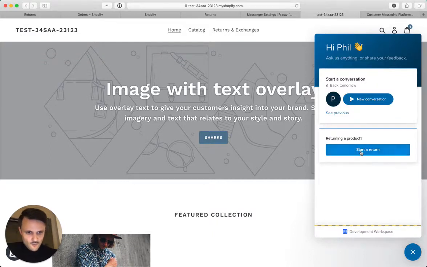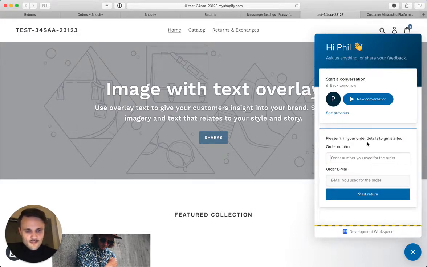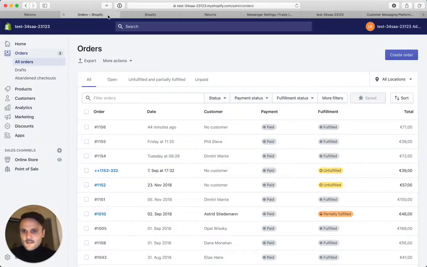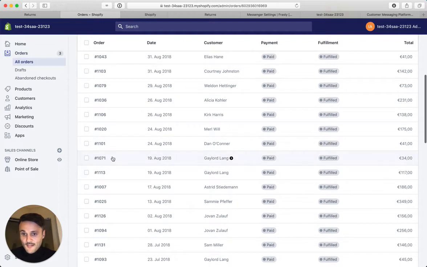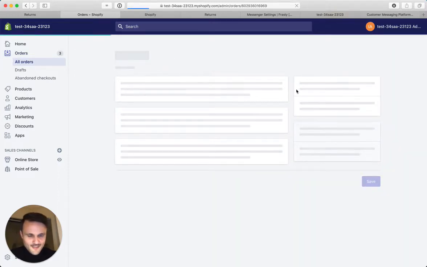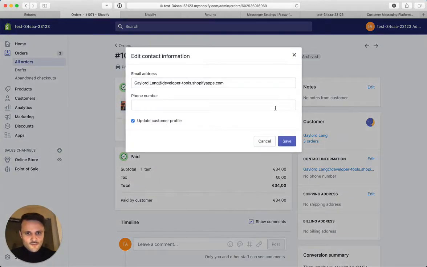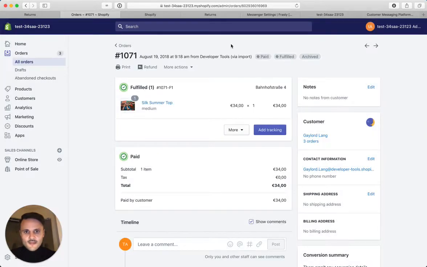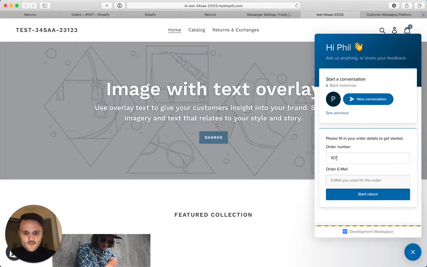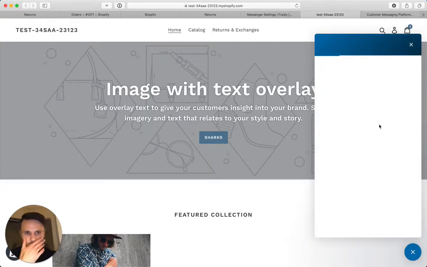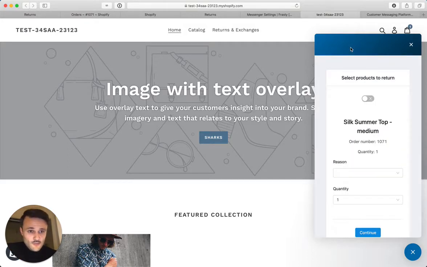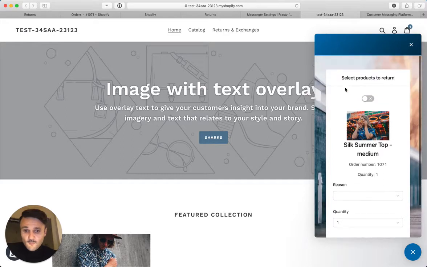And now we have the option simply to start a return, right? Let's just click on it. And please fill in your order details to get started, right? So I don't have any orders that I know by heart. So I have to copy an order number of one of these test orders here. Those are all exemplary addresses provided by Shopify. 1071. I'll just copy that. Start a return. And it'll open our returns portal directly here in Intercom, which I think is super neat,